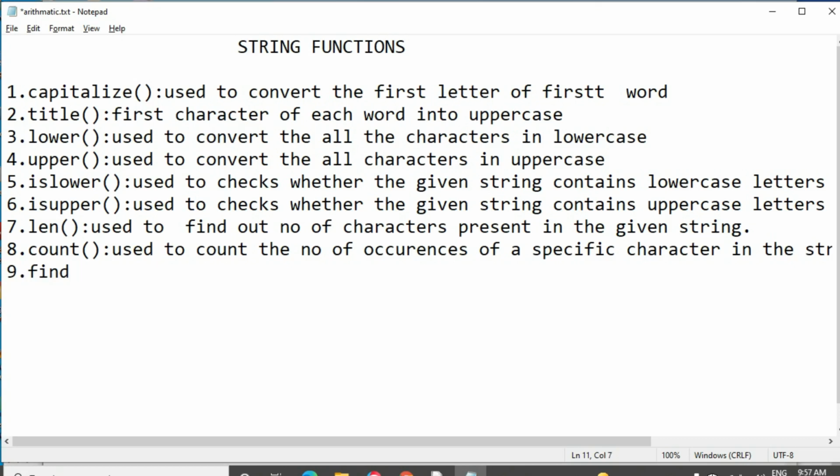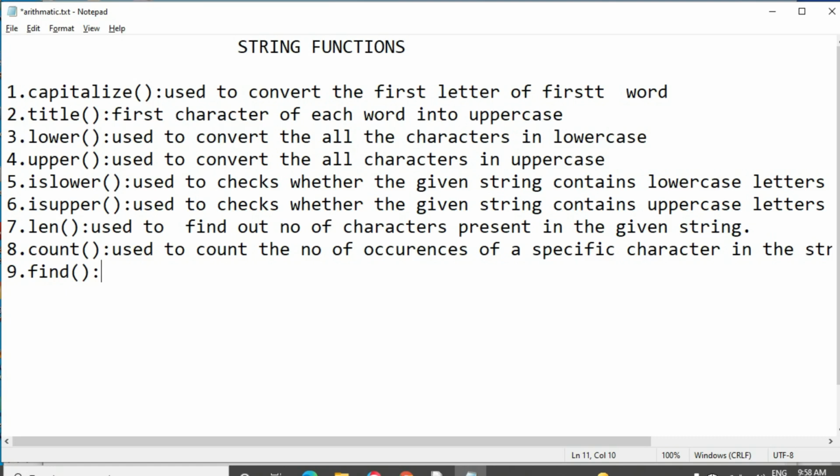Then another function, findof function. Basically findof means we have to find something, but here the function finds the index position of the specific characters in the given string. Index numbers we have seen in the Python string properties: each character has its own unique index number.